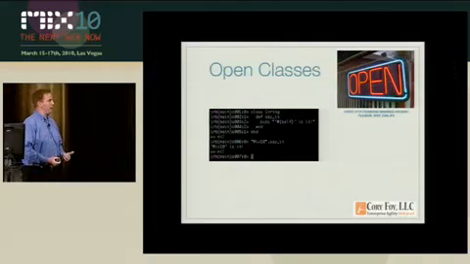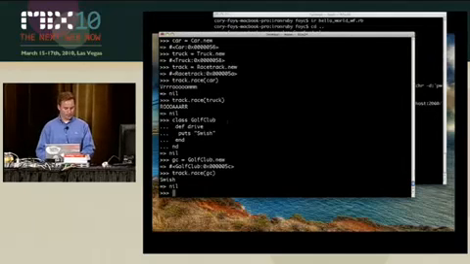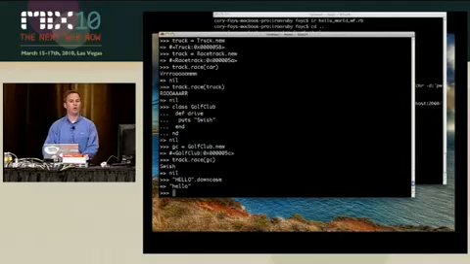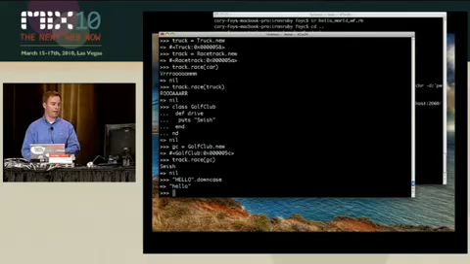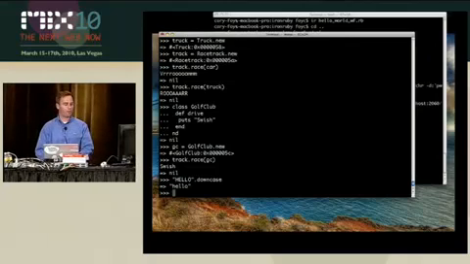Another thing is open classes. So in Ruby, as I said, all classes are open for definition. So let's go back to our method here. So if we have hello, there's a method called downcase, which is effectively to lower, as it would be in the runtime. In fact, I imagine that's how it's implemented. But if we wanted to add another method to the string class, we can do that. So the first thing we can actually do is say